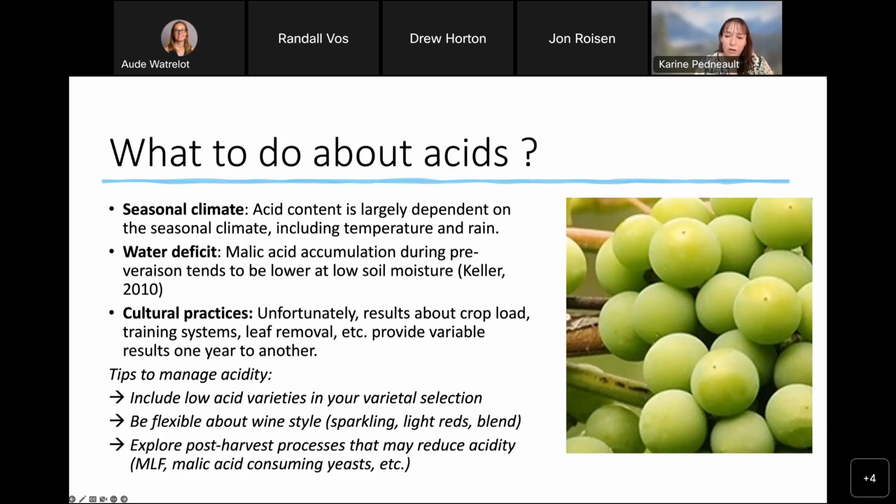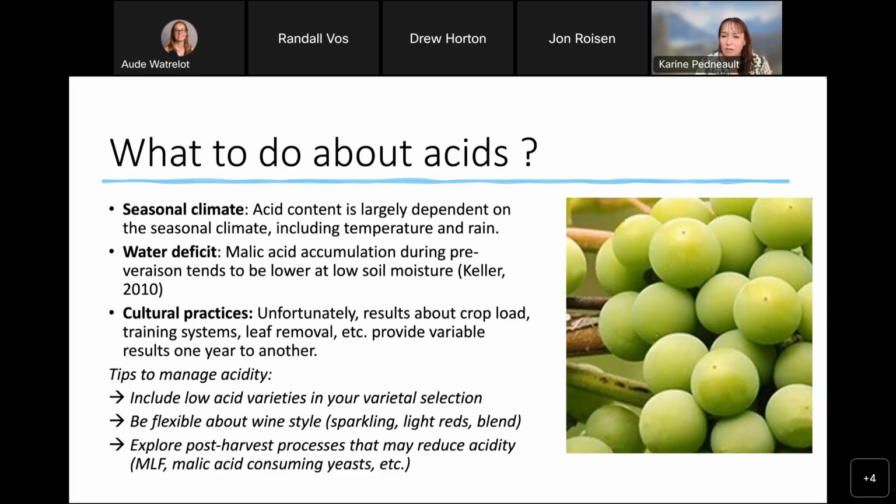A slight water deficit during the first period of berry development may actually help to slow down the accumulation of malic acid, and then of course you have lower malic acid to get rid of during veraison. So this is something that can be tried, I guess, with maybe more drainage, or if you are lucky enough to have a very dry site. I would say overall,